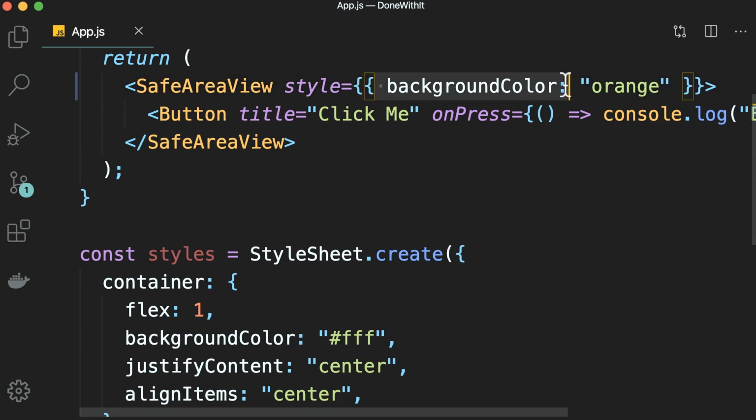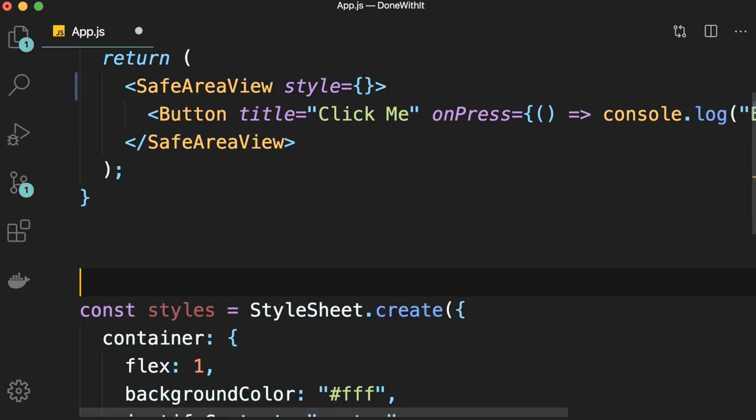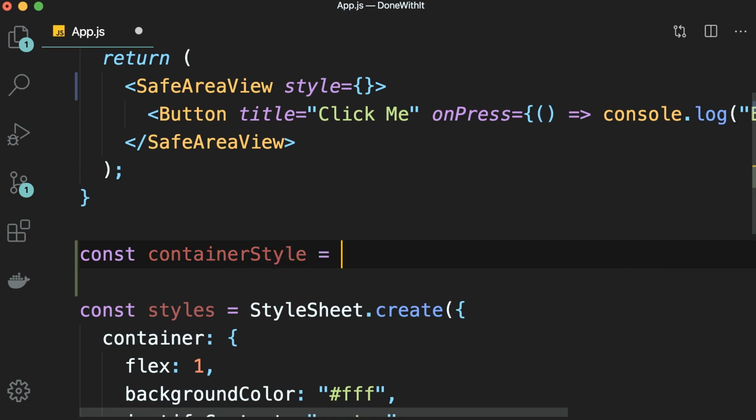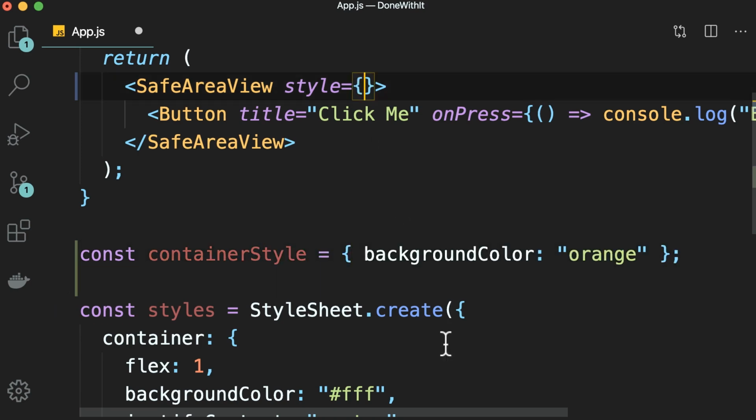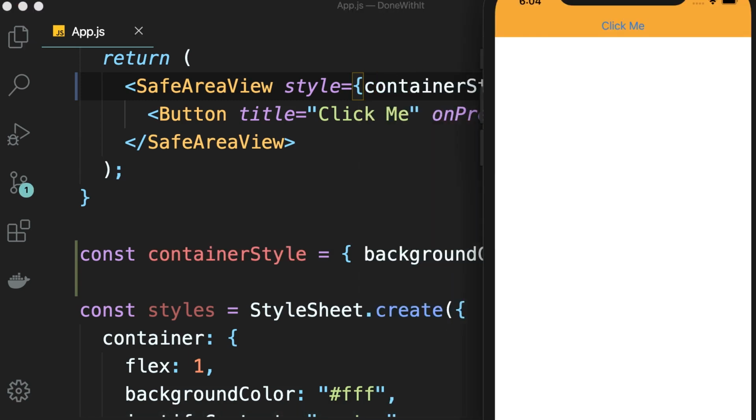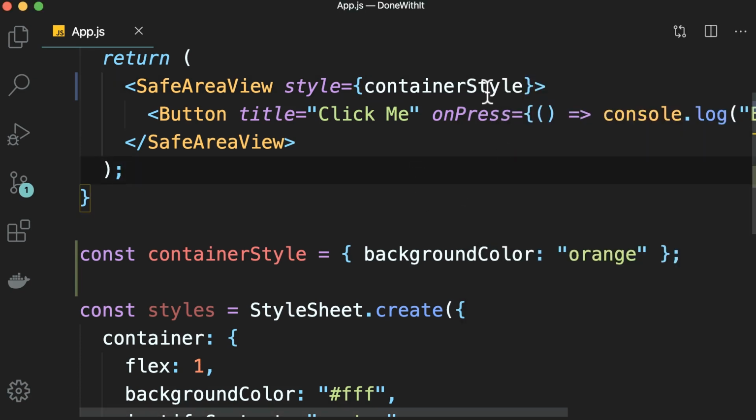We can also define this object somewhere else. For example, I can cut this from here. Let's define a constant called container style and set it to this object. Now we can reference this object over here, container style. Our app still works. Now, previously we were using